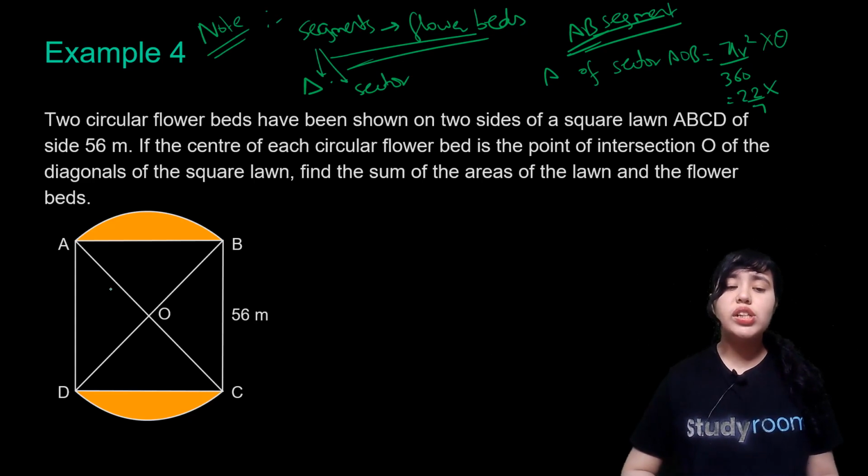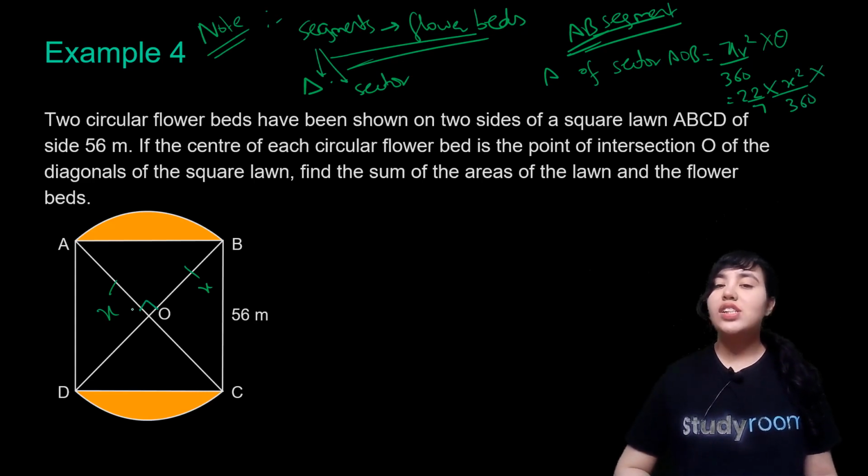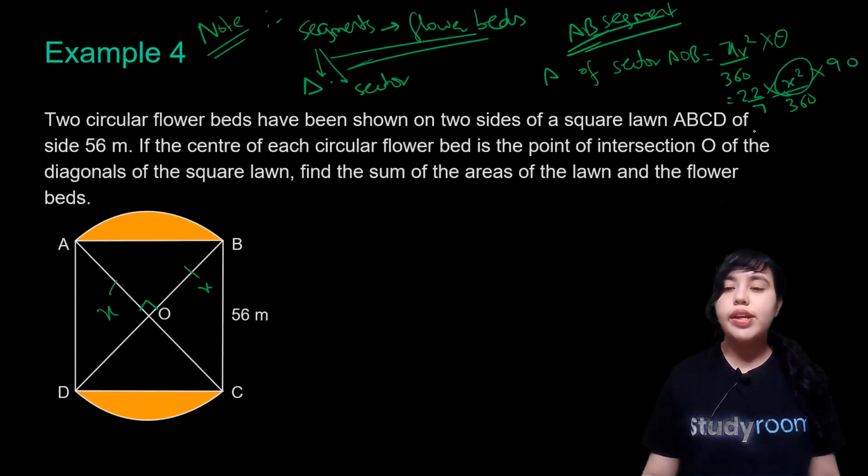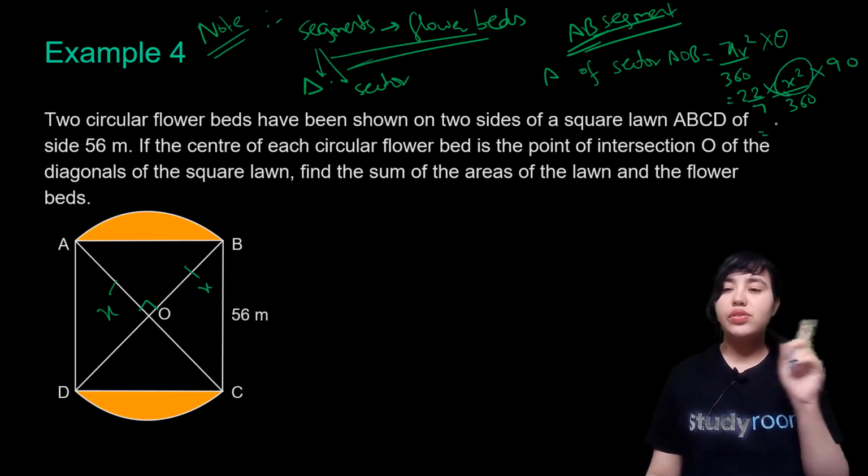So here, what is your radius? It is x. We took these radii as x. So 22 by 7 into x square upon 360 into theta. This angle, diagonals of a square bisect at 90 degrees. So this was 90. And here instead of x square, you can substitute that value 28 into 56 that we